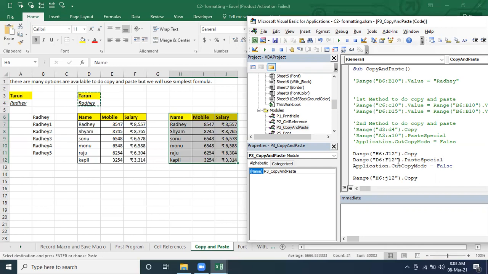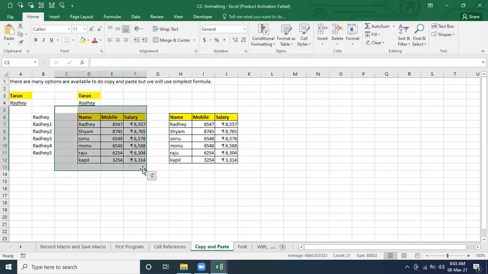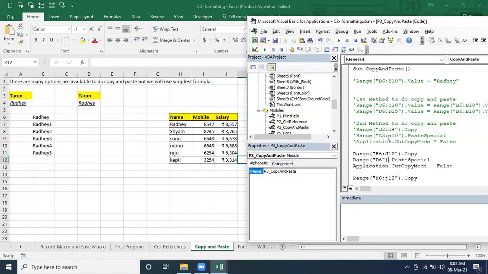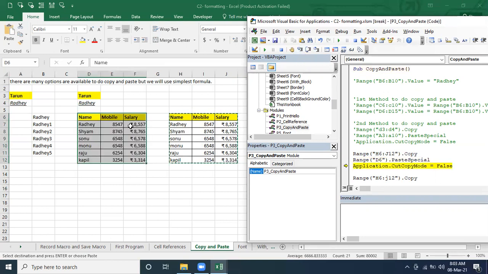So in this, where is it going to paste? Whether it's going to paste the value or not. Now it's going to paste everything to D6. So what is it going to do? It's going to paste the value to D6 up to whatever the range is, F12. So it's going to paste to the defined or copied range. If we have a smaller range, then it's going to paste to that copied range. Whatever range we have copied, with respect to D6, automatically it will consider and paste there.